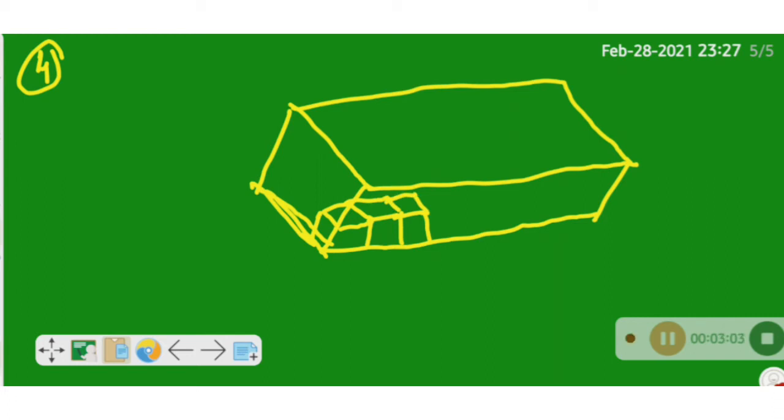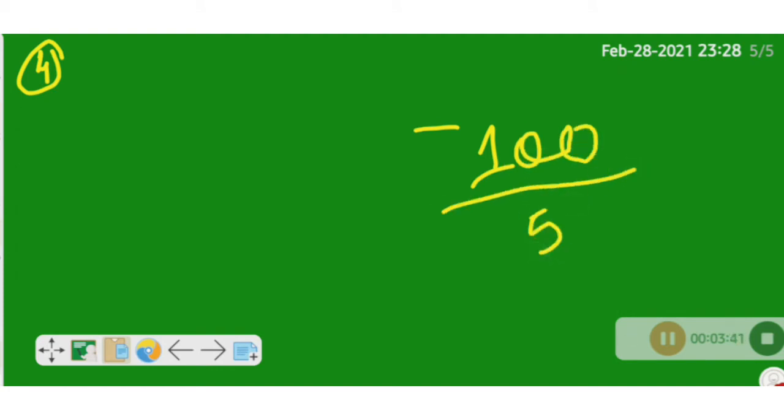That is the question. So it is nothing but this total volume of cuboid will be occupied by the volume of small cubes, right? So to find how many cubes will fit in that, we have to do the division. Volume of cuboid divided by volume of cube. Okay. Why? Because see, it is a simple question. Here you have to understand that, if you have 100 rupees and you are buying 5 rupees chocolates, how many chocolates you can get? Quantity. By division you will get it, right? So same concept here.